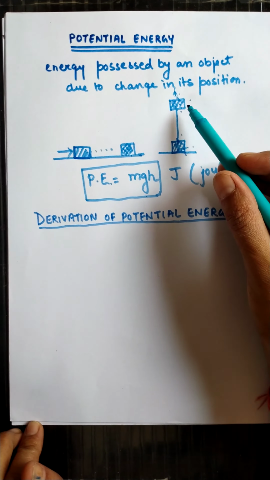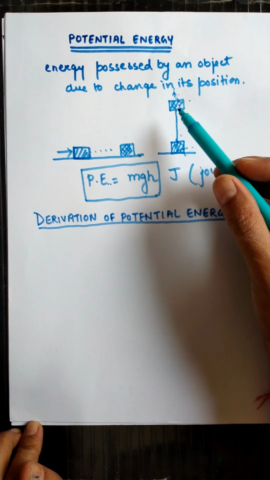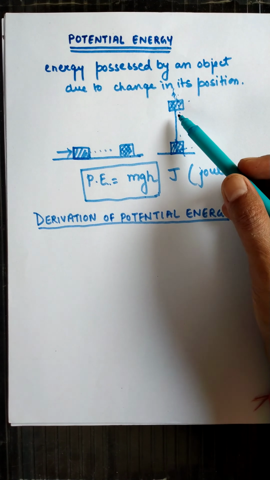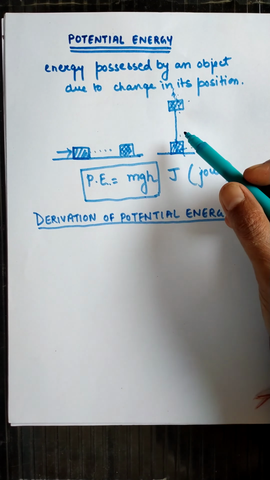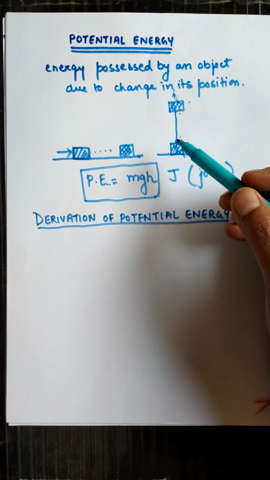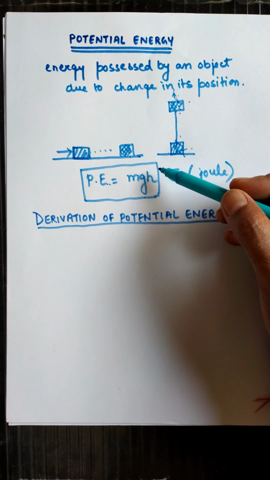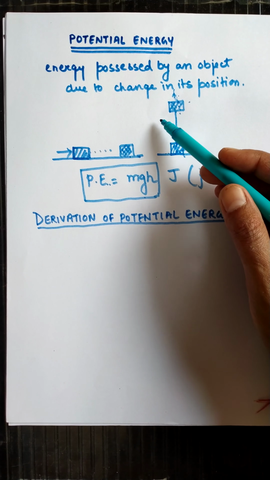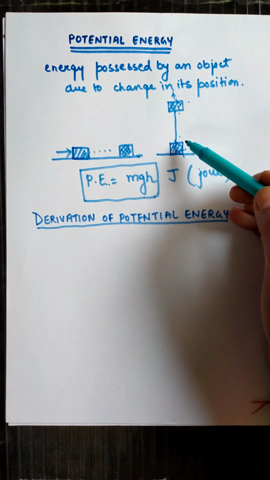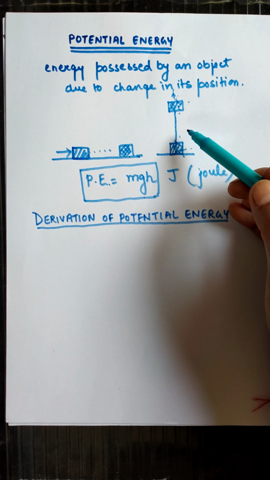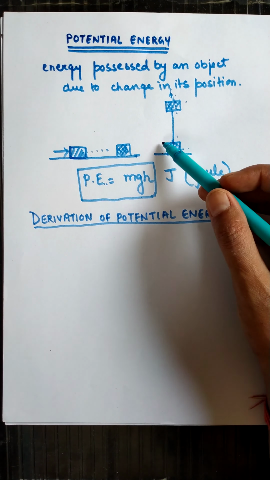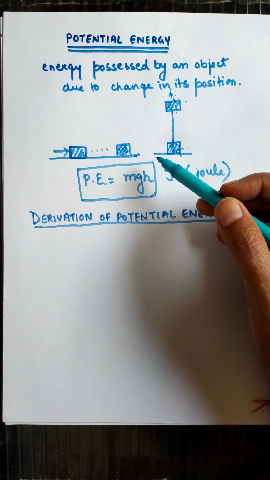raised to a certain height, then its potential energy will increase. Why? Because continuously its position is going to change. So at a distance h, its potential energy will increase, because work is done on the object against gravity while it is being raised by applying force. That's why the energy present when it is raised to height h against gravity is called gravitational potential energy. तो height पे ले जाने पे वाली potential energy को हम gravitational potential energy भी कह सकते हैं, simple potential energy,